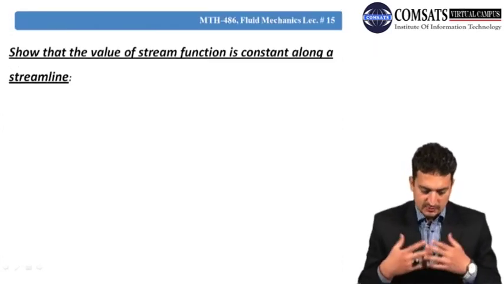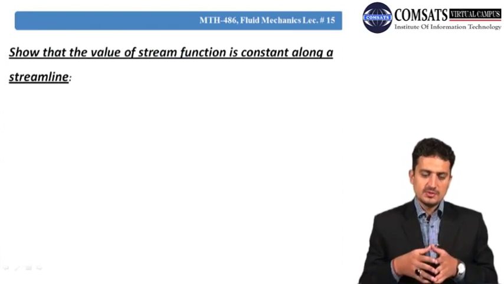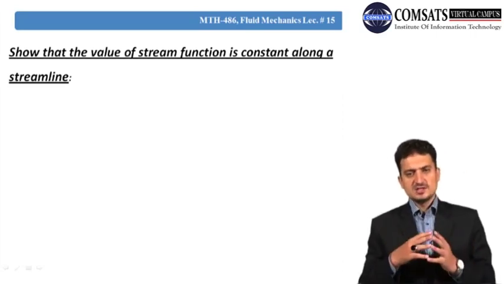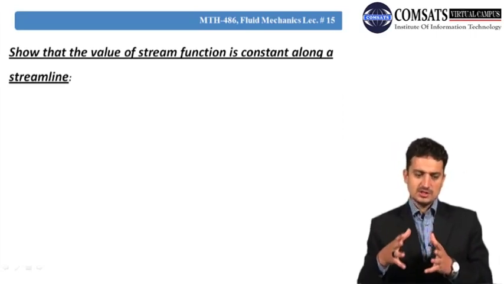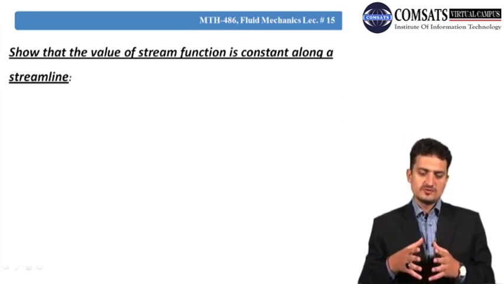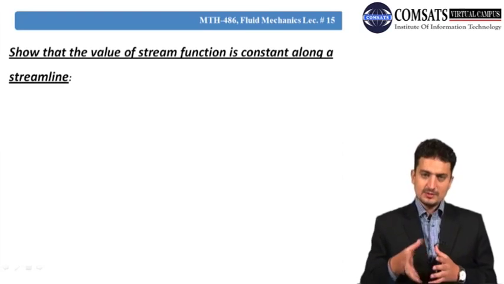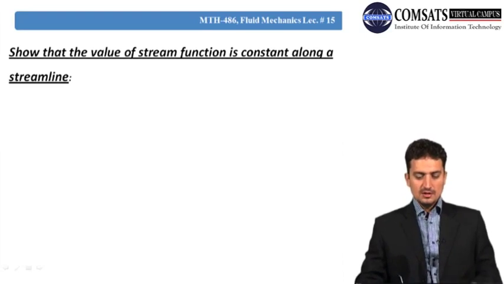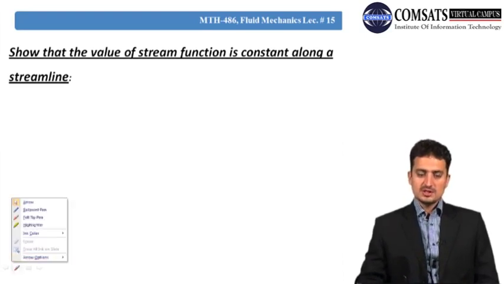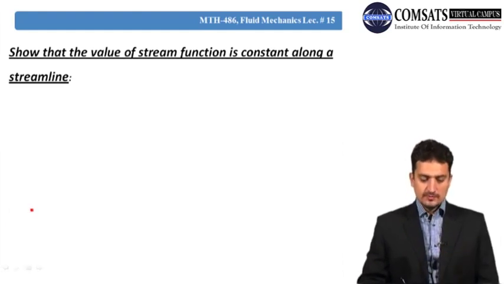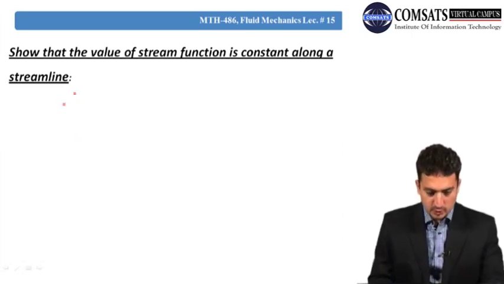Let's start. We'll go through first by showing that the value of stream function is constant along a streamline. Previous lecture में जब stream function के topic को close कर रहा था, I told you one way through which tells us that the value of stream function is constant along a streamline. But आज हम इसी को लेके चलेंगे, but थोड़ा सा और तरीके से analyze करेंगे. अगर आप stream function को recall करें तो it's simply defined in a manner that it satisfies the continuity equation identically. Further, for a two-dimensional motion